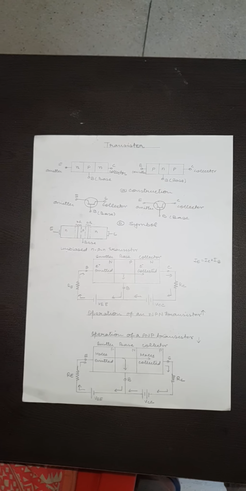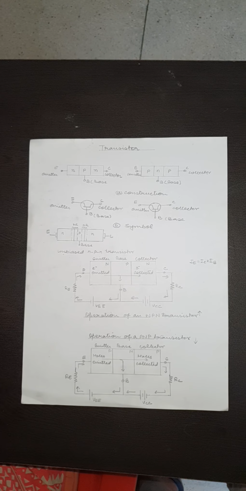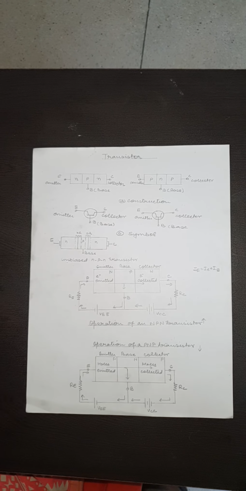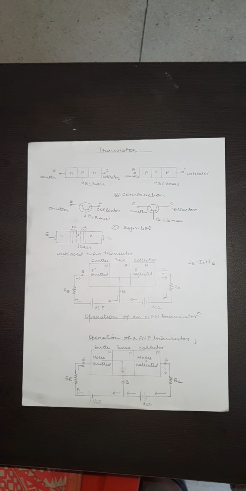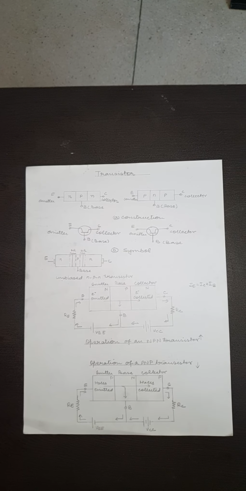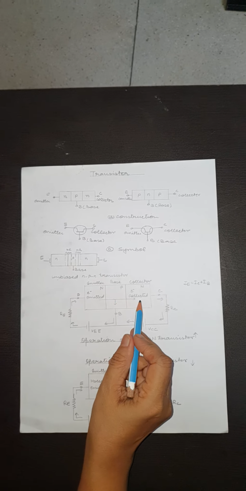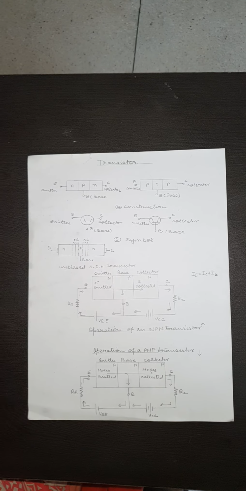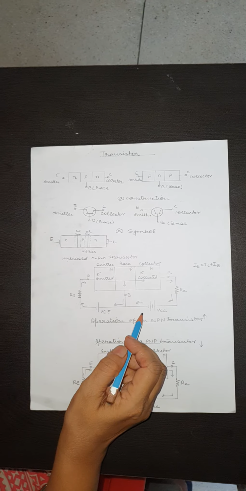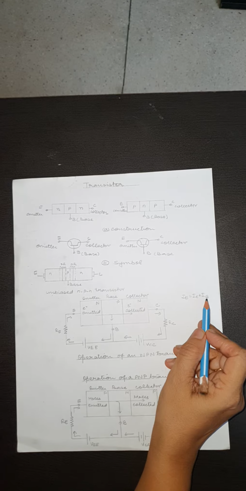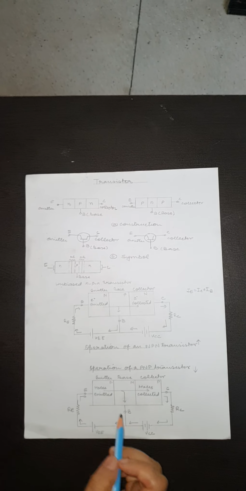As base region is lightly doped and is very thin, there are very few holes available in base region for recombination. Hence, about 2% to 5% electrons will flow out of the base due to recombination. The remaining 98% of electrons cross the reverse bias collector junction and constitute collector current. They cross the collector region and are collected by the supply VCC, and the emitter current is equal to the collector current plus base current.